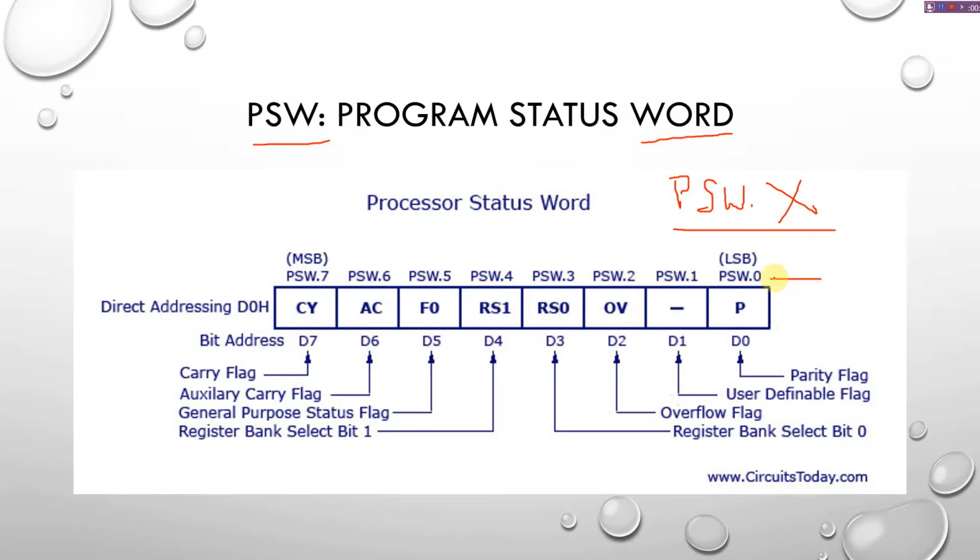If we write psw.0, then 0th bit is being addressed, and if we write psw.5, then the 5th bit is being addressed. It consists of all the flags. The flag is a single bit information. In addition to the flags, it consists of the RS0 and RS1, which are used to switch from one bank to another. As we have already discussed in the previous slide, there are 4 banks, so in order to switch from one bank to another, we need these bits to be manipulated as per the bank selection.